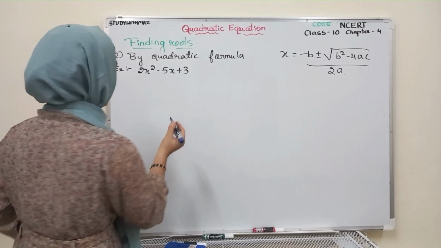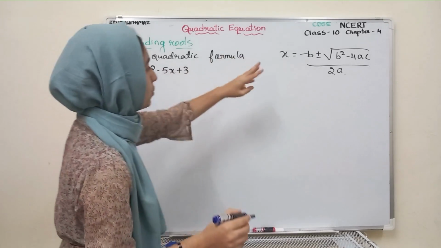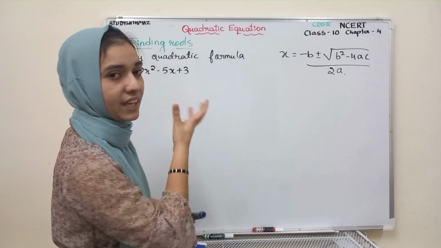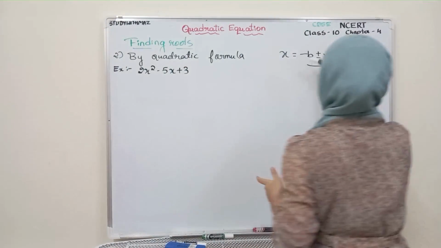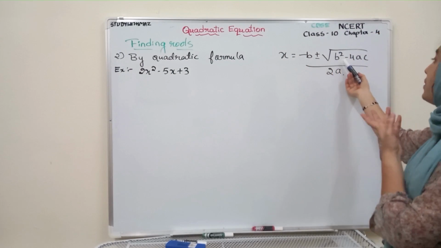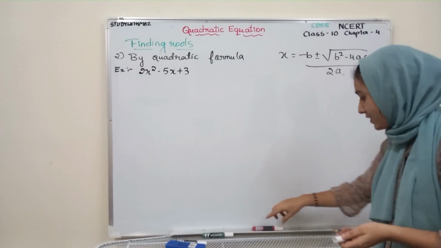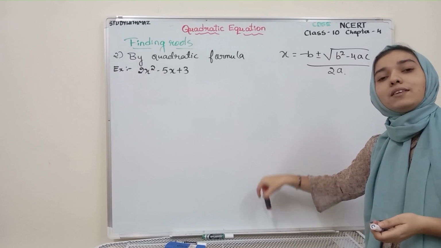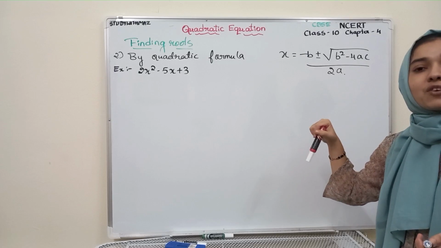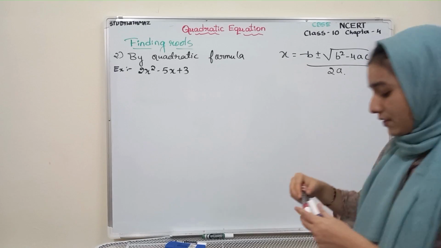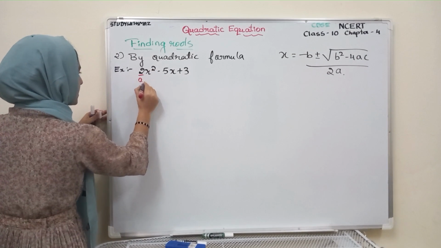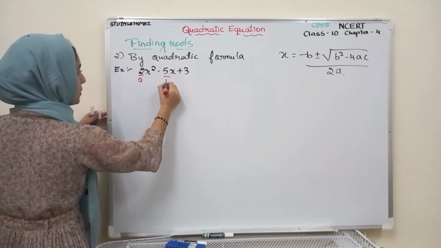So you have to substitute the values according to the equation. You may ask here, ma'am, what do you mean by b, a, c? It looks very different. What is this? What is b? What is b square? Nothing, it is as I have told you in the beginning itself while explaining the definition of quadratic equation. So same it is. Your term with the x square is a, this term is b, and this term is c.